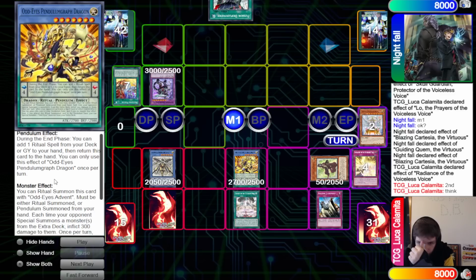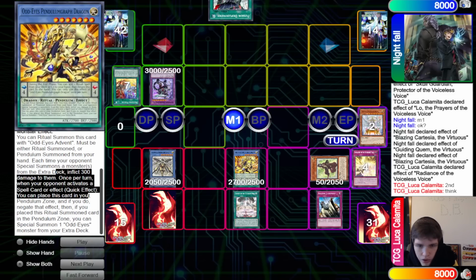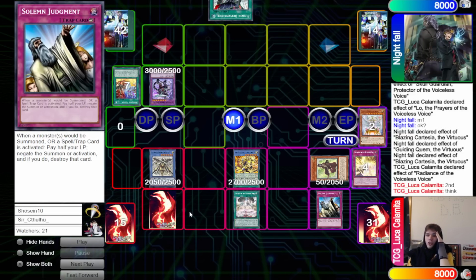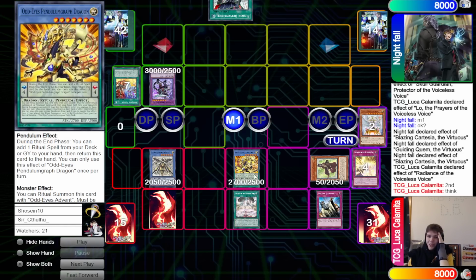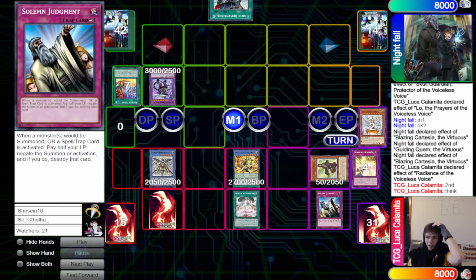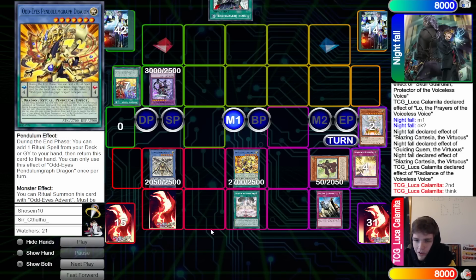Yeah, this also negates activation, right? Or wait, this doesn't negate activation. "When your opponent activates a spell card or effect, place this card." Oh my gosh, it's because they set Judgment in the wrong zone. I just realized. We can't put this in the Pendulum zone because we put it in the wrong spot, so we can't Odd Eyes to soft negate this. We have to negate the activation. Oh my gosh, I just realized. Yep, that's why we didn't do that. Okay, yeah, that's obviously a